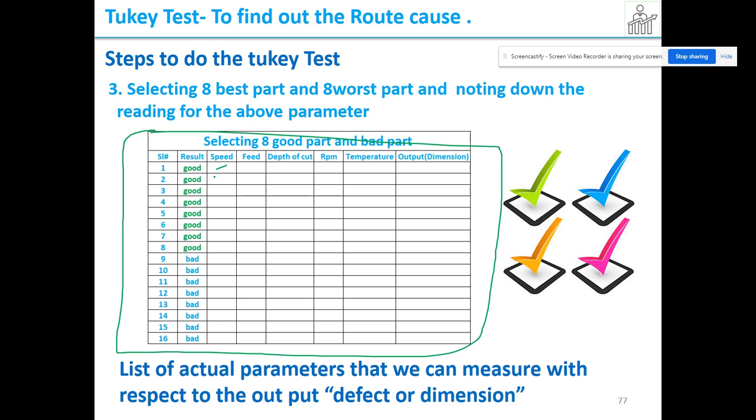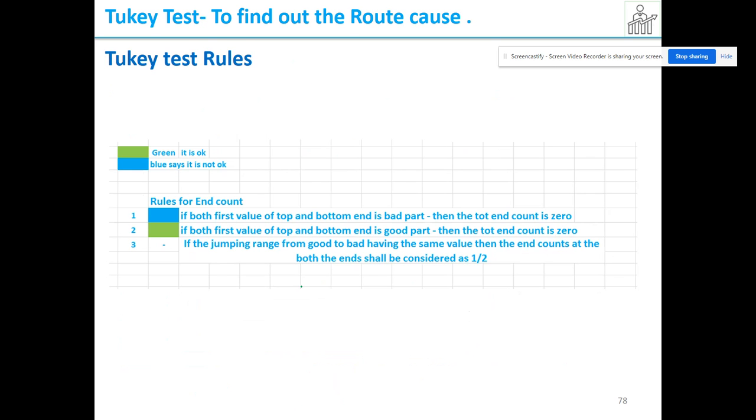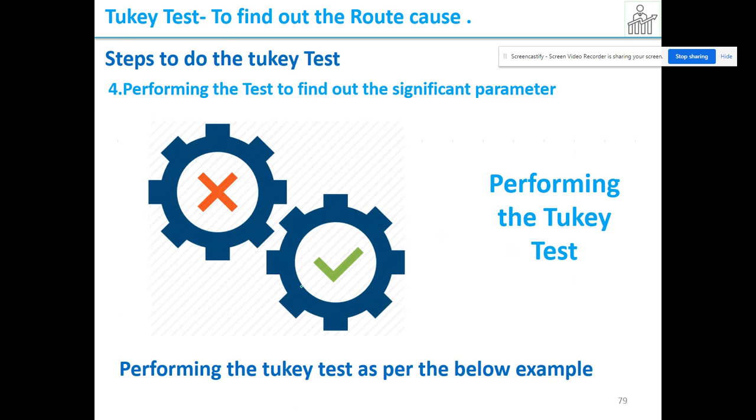So now you have to write down the parameters for the speed for the OK part, and note down the parameter for feed. Likewise you have to fill this form, all the parameters for OK as well as not OK. We have to fill for that particular shot what was the reading on those parameters. When you were collecting the data for that particular part, what was the reading for the bad part, when it came as output, what was the reading for all these above parameters. So once you are done with this table, we can perform the Tukey test.